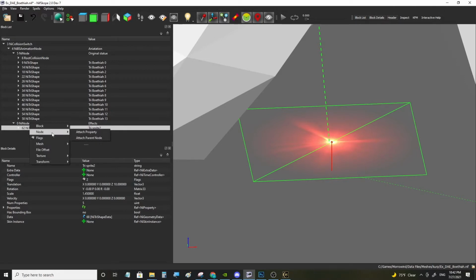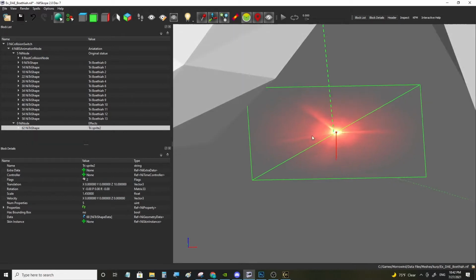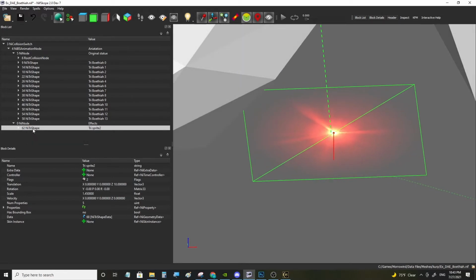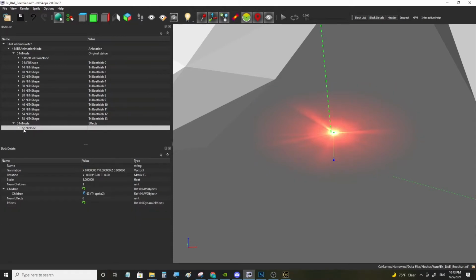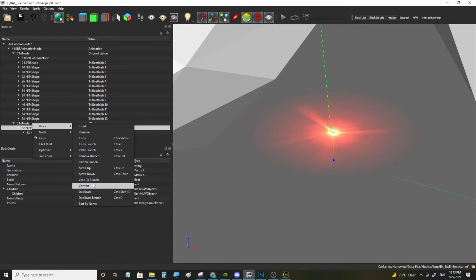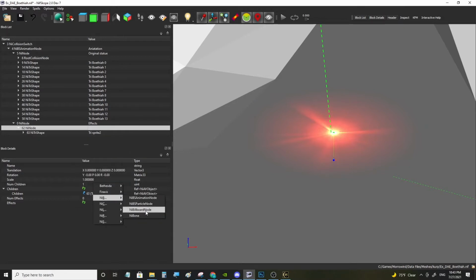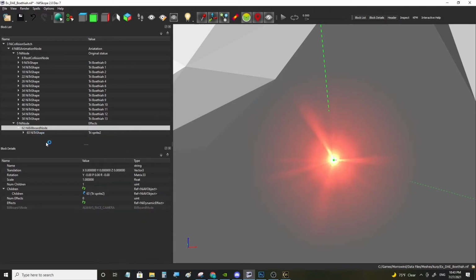It's easiest if I just show how it works. So you can put a mesh under a billboard node by attaching a parent node. Attach parent node, you can select billboard node or NiNode and convert it afterwards. Billboard node,